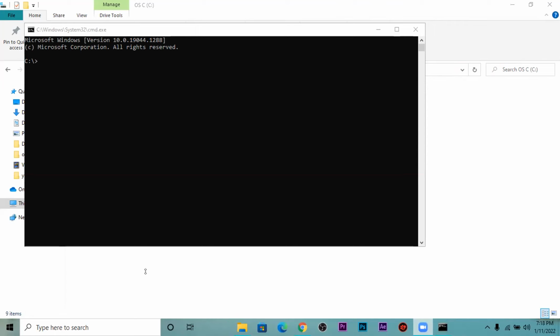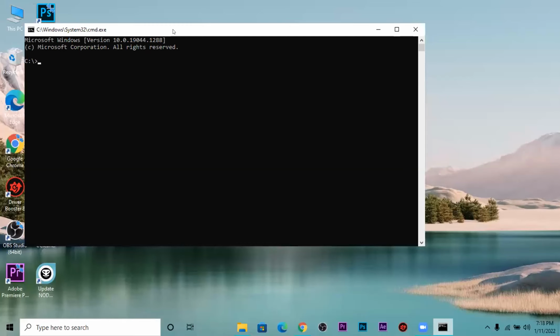Okay, we have observed a few methods of opening the command prompt. Then the next important thing is to read the command prompt. In the command prompt you can see a blinking character, a small underscore.